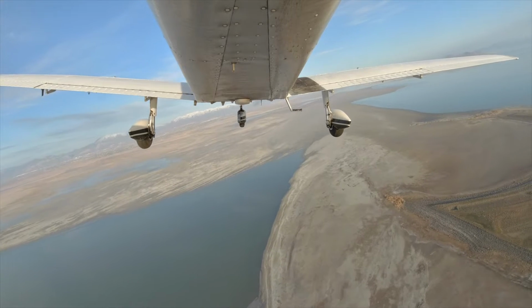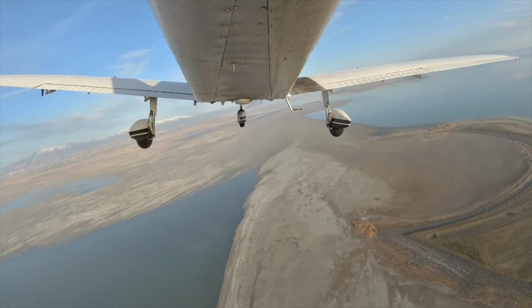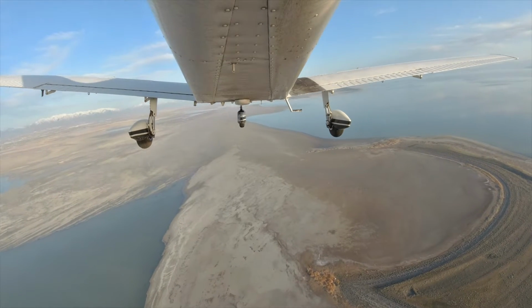Okay, so we're going to pretend that I'm just flying along and all of a sudden I lost my engine. So the first thing that I'm going to do is I'm going to get my airspeed right to 73 knots. Okay, and that's going to guarantee